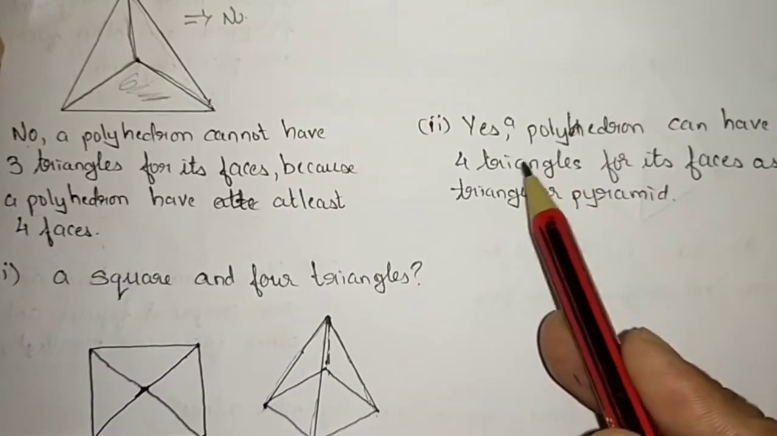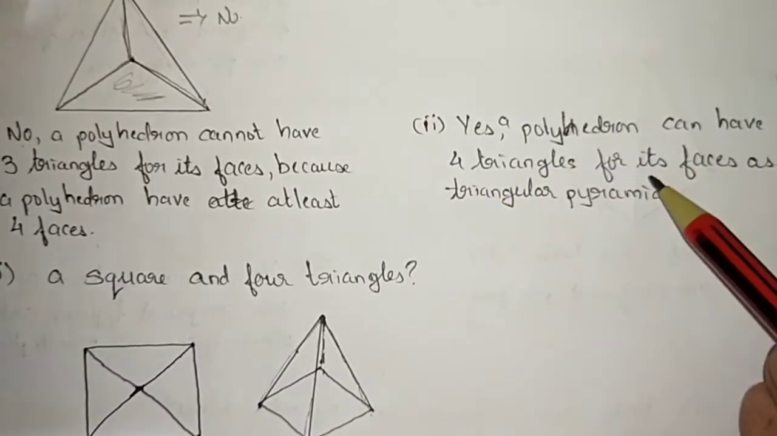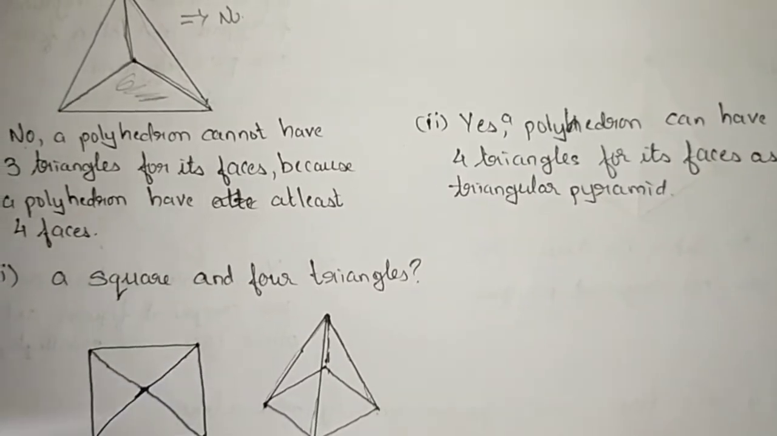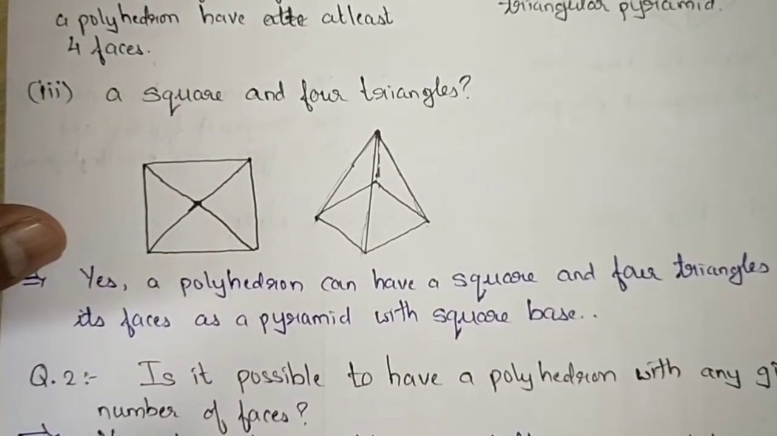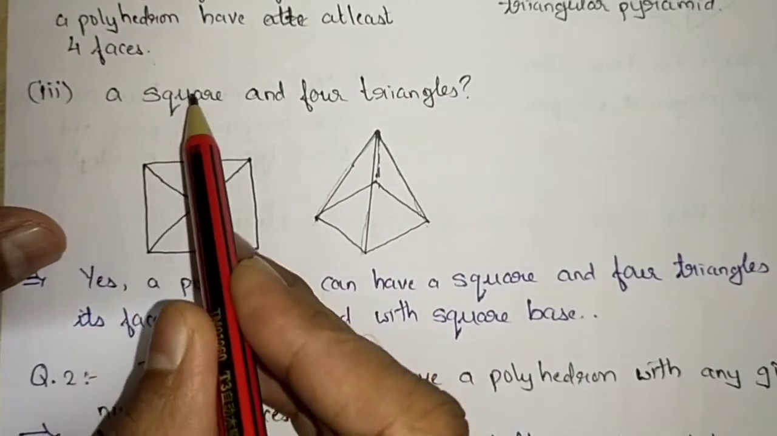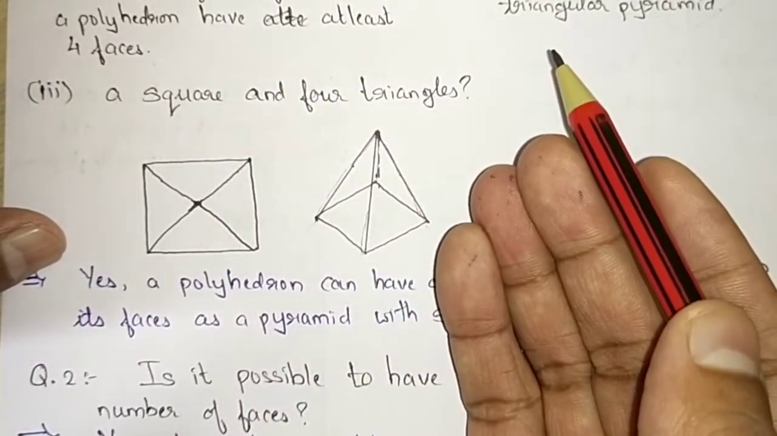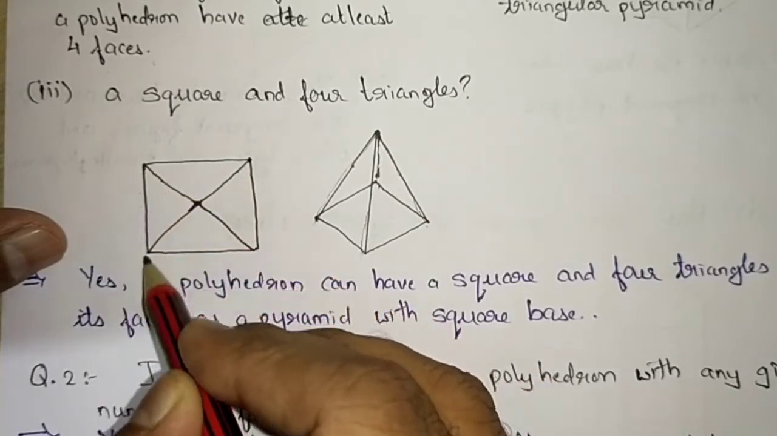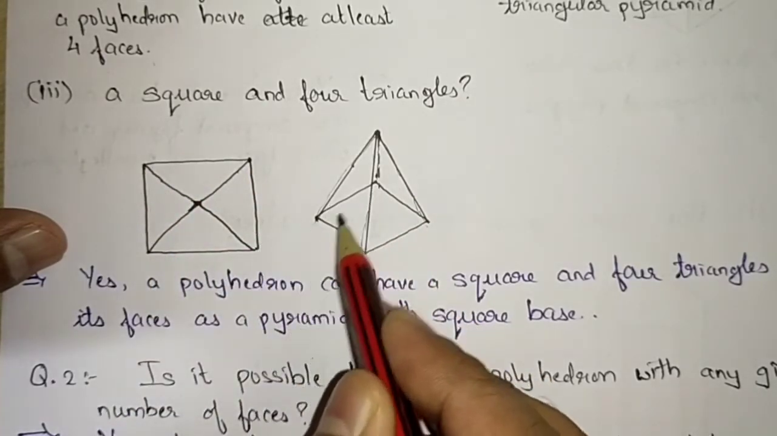Same answer. Yes, a polyhedron can have 4 triangles for its faces, as a triangular pyramid. Now the third part of that is, can we make a polyhedron with 1 square and 4 triangles? Answer is yes again. This is a square at the bottom. Here you can see this is the sideway